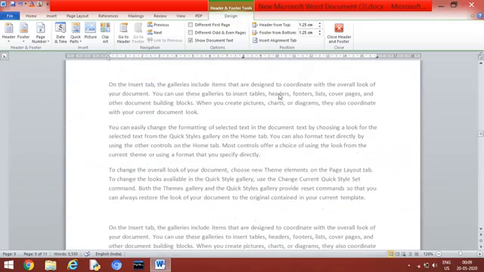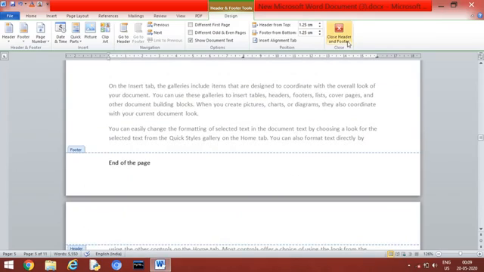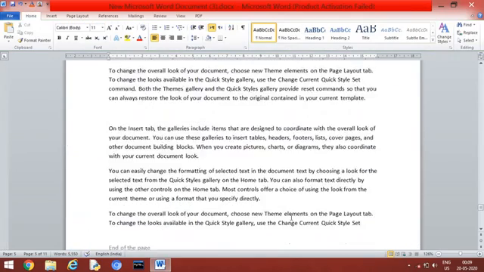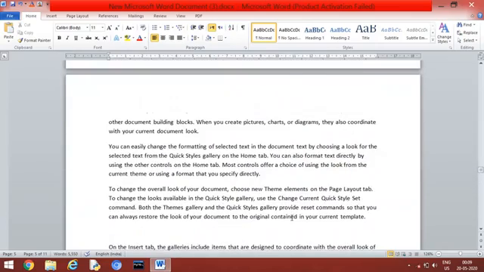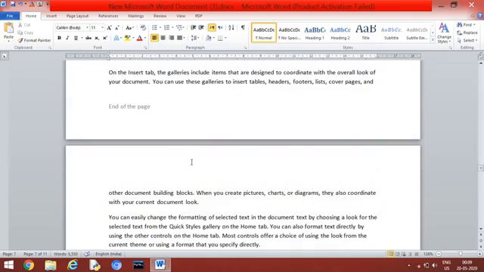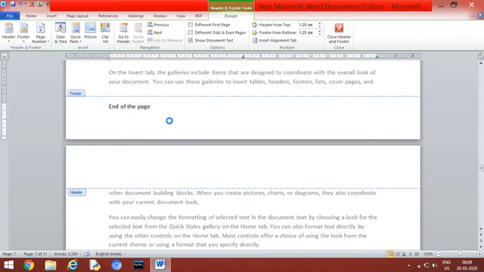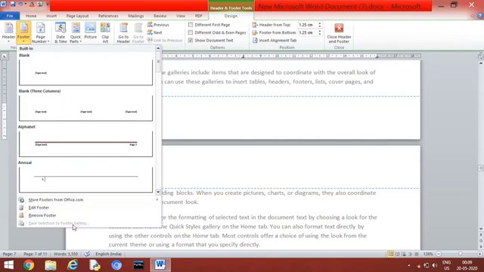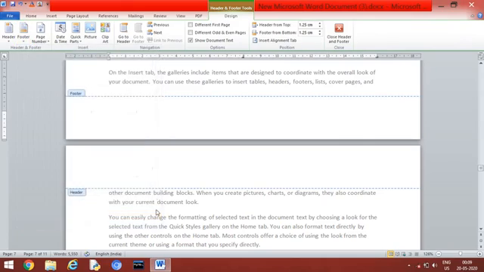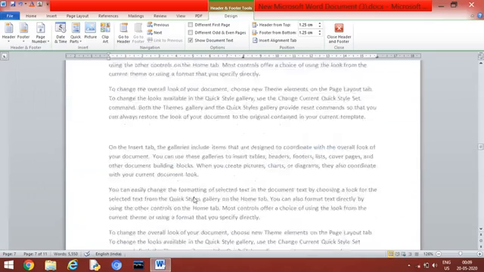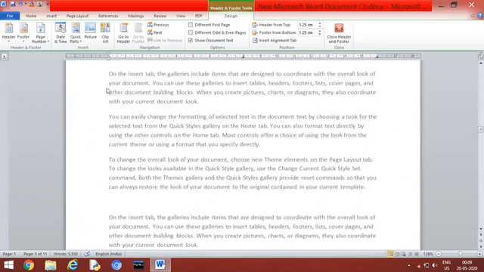Okay, so again if you want to come out of the footer, you can just double click here and you can come out of the footer. Okay, so that's how you can use it. Again, if you don't want this footer and if you want to edit, you can go here and edit from here. And if you want to remove the footer, you can just click here, remove footer, and you can remove the footer. Okay, so that's how you can use header and footer.